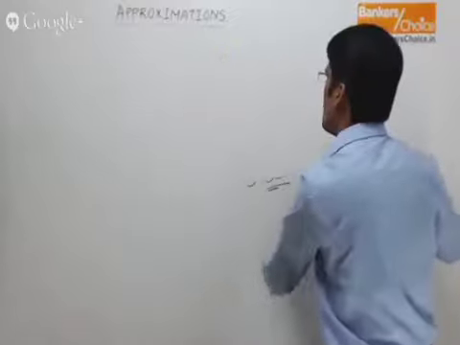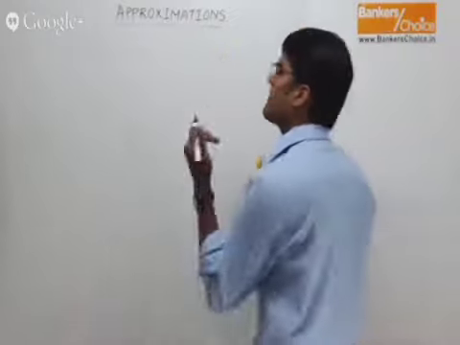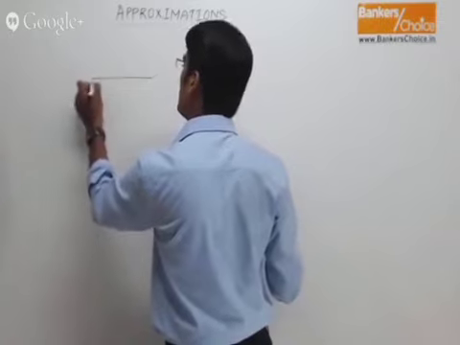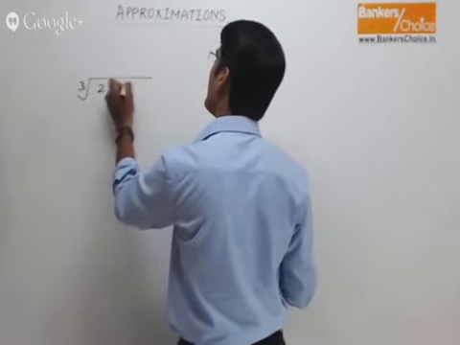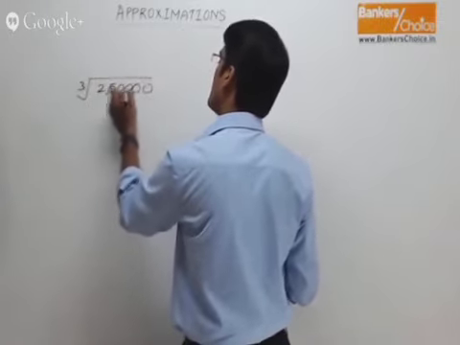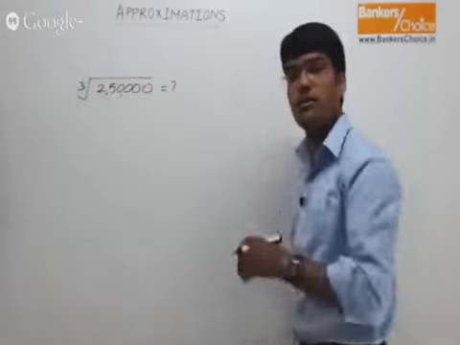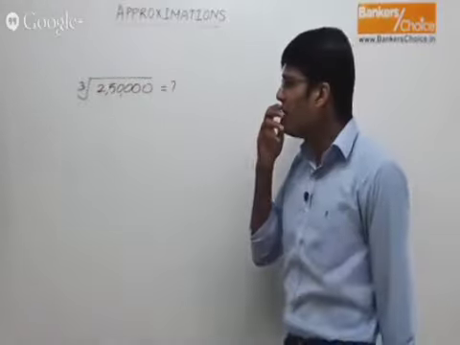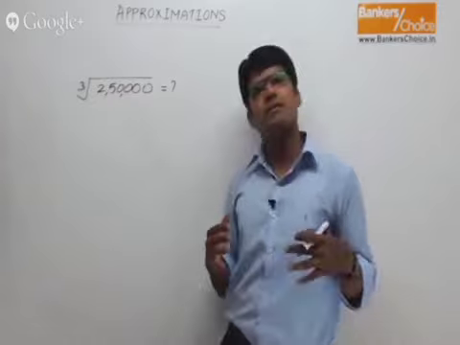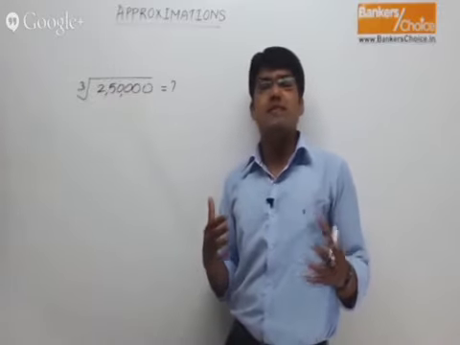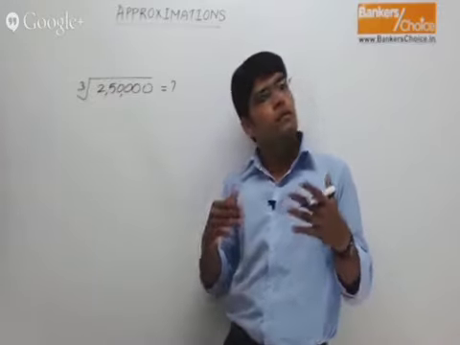Let's say we have to find out the cube root of 2,50,000. Cube root of 2,50,000. What is the cube root of 2,50,000? How do you do this? Find out the cube root of 2,50,000. Believe me, friends, approximations are actually considered to be complicated, but the kind of questions that you get in